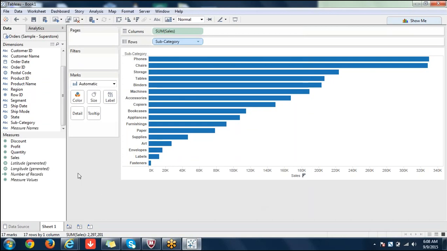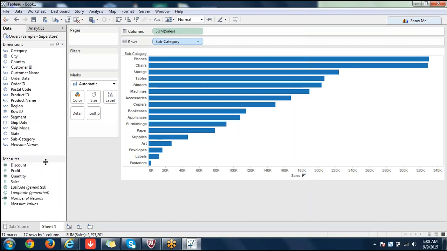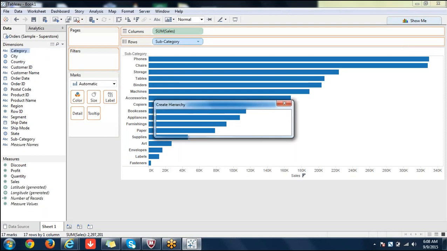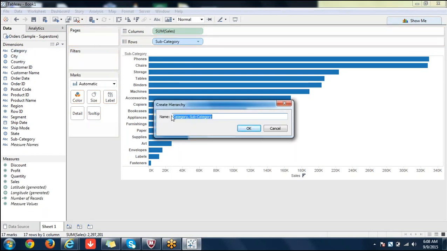Now, very important, I'll try to create a hierarchy, or this is the way to create a hierarchy in Tableau. Where is category? See, I'm going to drag and drop onto category. That means it creates a hierarchy. Whenever you drag and drop between two fields which have a relation that makes sense. Even if they don't have a relation, it will create a hierarchy, but it will not make sense. Tableau will not throw an error, it will still accept.